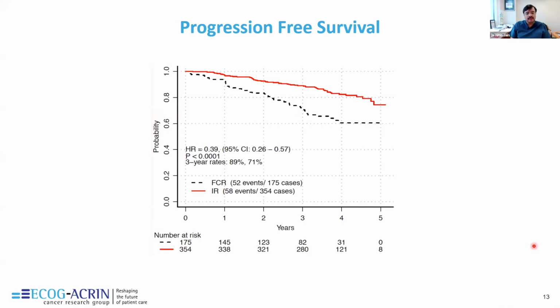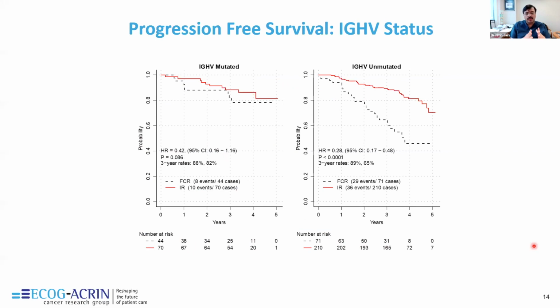This was the progression-free survival, where the top curve is ibrutinib rituximab. So clearly, ibrutinib is better than FCR for this patient population. So that's pretty good. When you look in the subgroup analysis, what appeared, and this was a question asked in the Q&A session to Dr. Rashmi as well, is that in the unmutated patients, there was a wide separation of the curve between ibrutinib versus FCR arm. But for the mutated IGHV patients, the curves were overlapping. You can see the p-value is not significant, though it was close to 0.05.